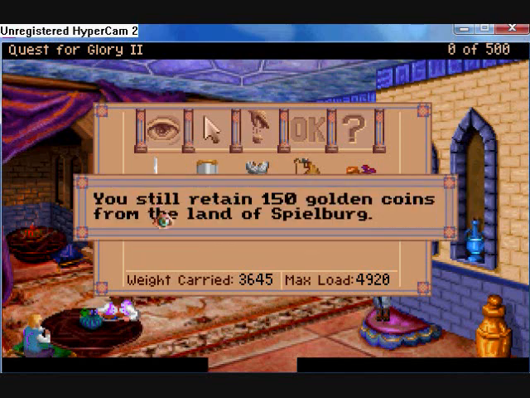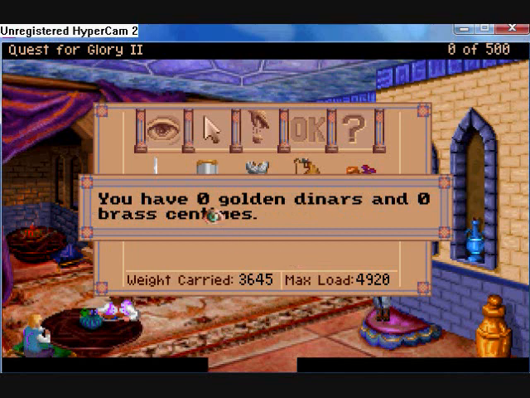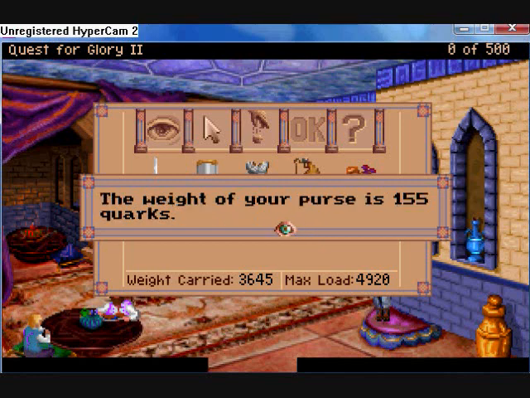So there's that. And here's your bag of money, golden coins, which are not usable here. You have 0 golden dinars, and brass centimes, however you pronounce it. I'll pronounce them centimes just for the easiness, and dinars for, I don't know, complicatedness. Anyway, you have 0 of each, and you have to exchange them at the local money exchanger. The way to